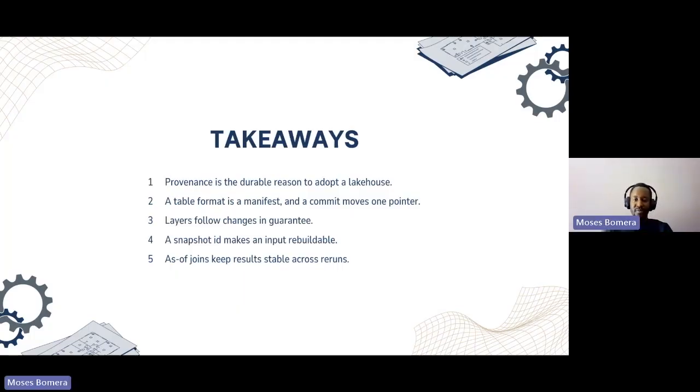The layers that we saw, the bronze, silver, and gold, really just guarantee different things about the data at different stages. The snapshot is what you use to do the whole time travel, go back in time, see what the data was, and then you need a helper to ensure that your point in time joins actually give you the data you expect at the time you're looking for. So like if I'm checking in November and I need to see what the state was in January, then I should be able to guarantee that that's what I get.